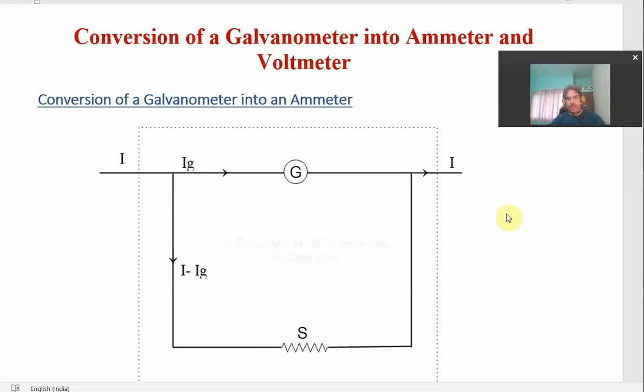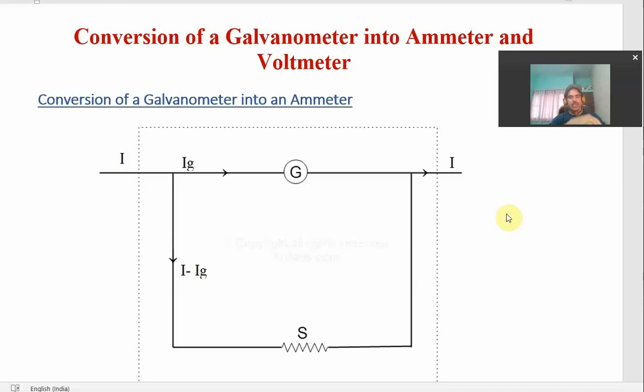Now we can talk about some uses of the galvanometer. We can use the galvanometer according to its basic use to detect the presence of current in the circuit, or we can also use the galvanometer as an ammeter and as a voltmeter. Ammeter measures the current and voltmeter measures the potential difference across the ends of any conductor. Okay. So we can convert this galvanometer into the ammeter and voltmeter, of course, by making some changes in